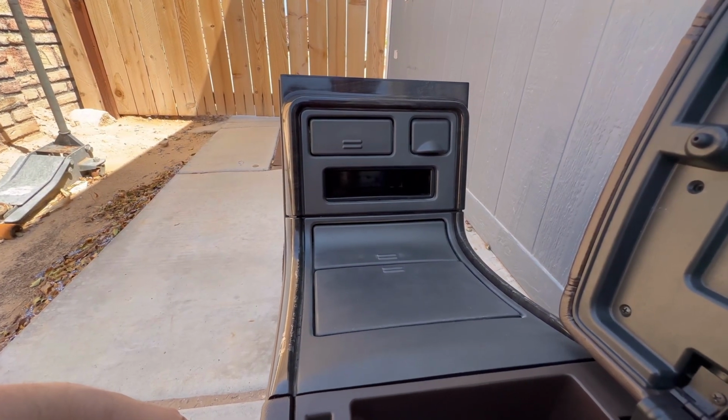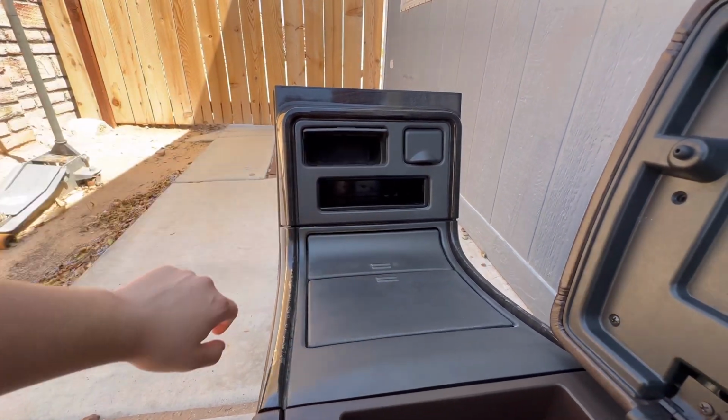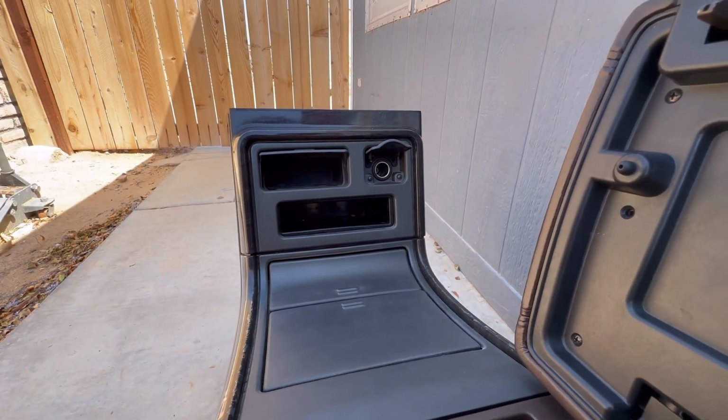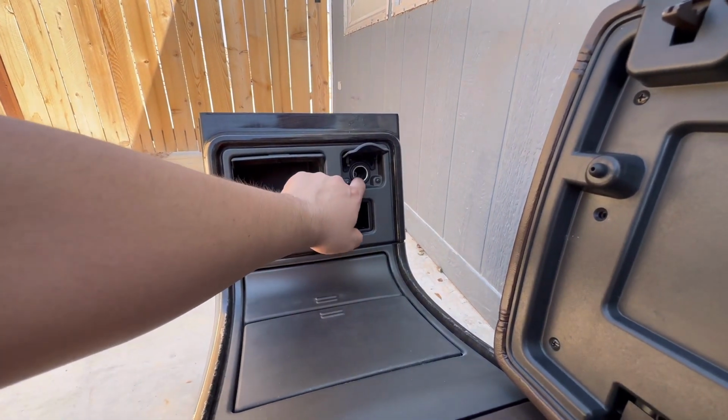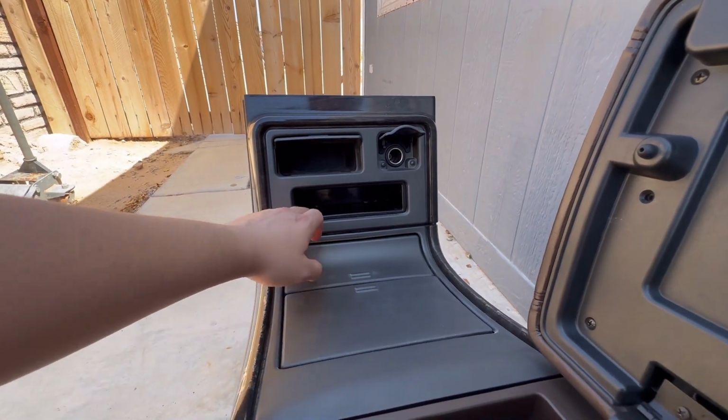I bought some Duplicolor spray paint and some clear coat, and as you can see right here, this little cubby works right here. This little door right here works as well for the auxiliary plug. I had to get a new plastic retainer because the old one was broken, unfortunately. I also did put a little cubby